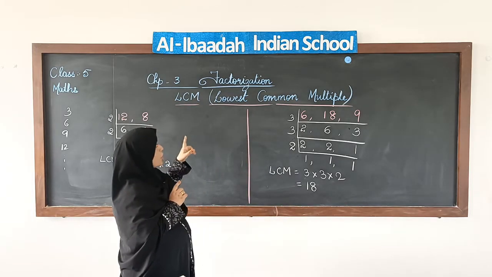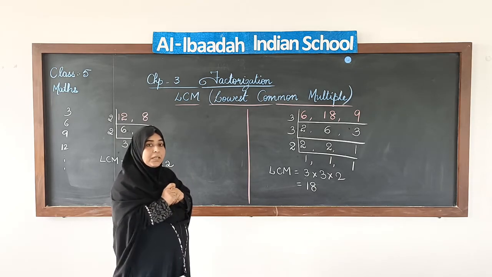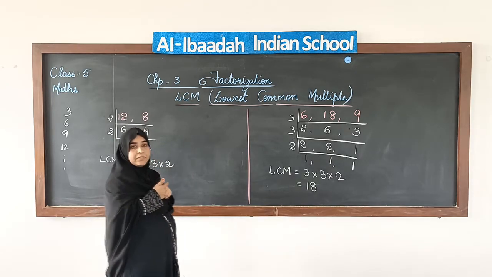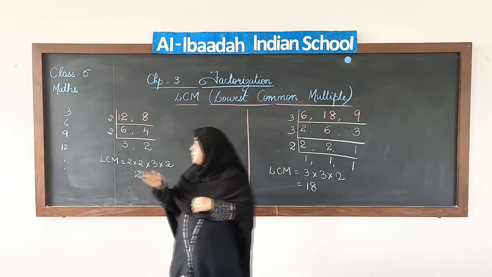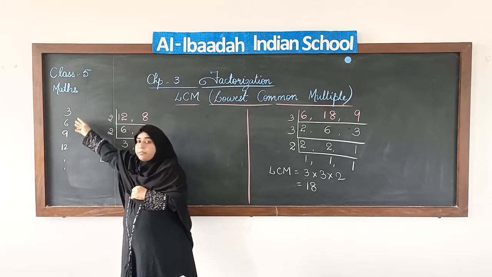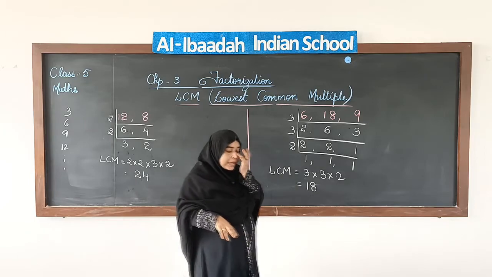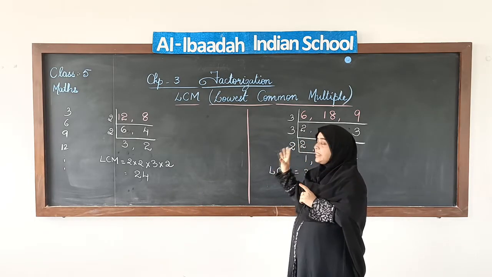We have done lowest common multiple today, that is LCM. The word multiple means the products that we get for a number after we multiply it with 1, 2, 3 or any number. Like for example, I took 3. These are the multiples of 3. Now LCM means we try to find the lowest common multiple for 2 or 3 numbers.